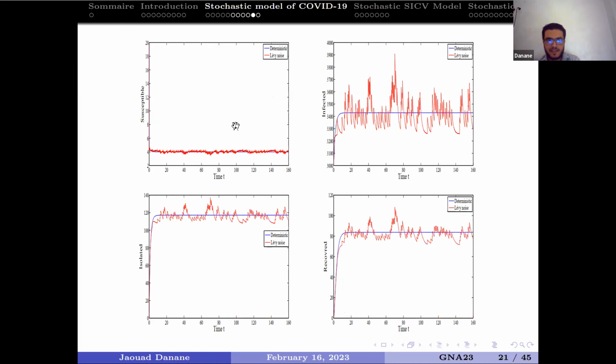We have the same result in the case of the property around the endemic infection, and we can see that we have the fluctuation of the solution around the S star and around the U star, the Q star and the R star. So these are very beautiful results. We have studied in this paper